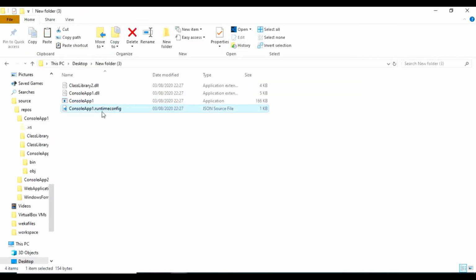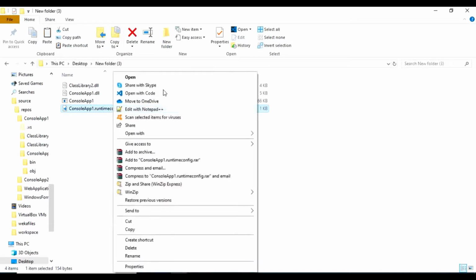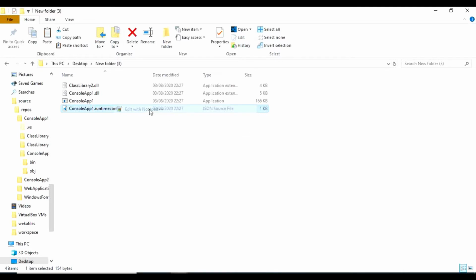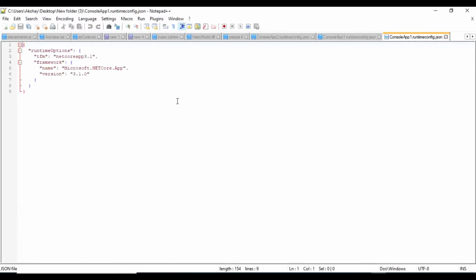Why is this file required? This is ConsoleApp1.runtimeconfig. Whatever the configuration of the runtime is, it is present in this file: what target framework, what version those assemblies require, all this information is in this file.